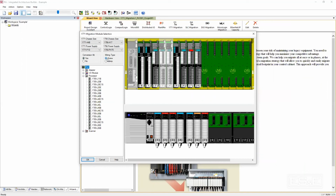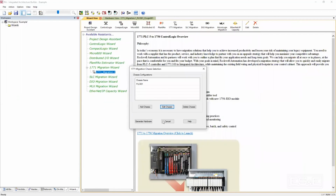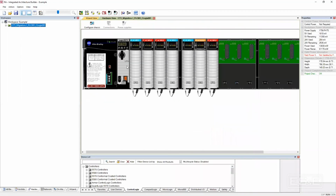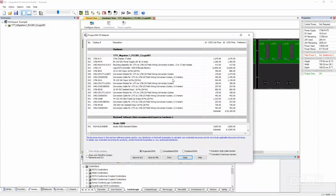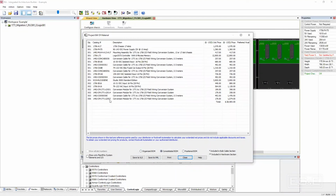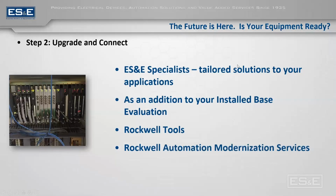without rewiring my entire system. What it does when I generate the hardware here is it gives me the same list of hardware in a view, and I can build a very large system doing this. And I can also generate the bill of materials. So this is all still in the free software. I can generate a bill of materials and understand budgetary pricing on a project. So for example, if I just look at a consolidated list of the parts I would need, budgetary pricing to move forward. And then on a larger scale project, Rockwell themselves has Modernization Services built to help with